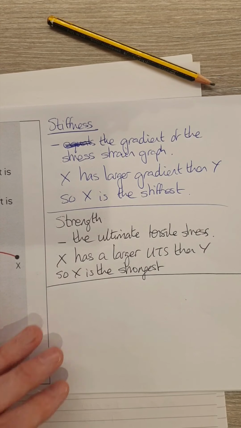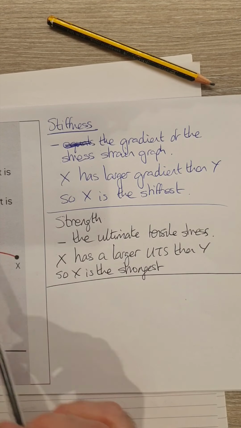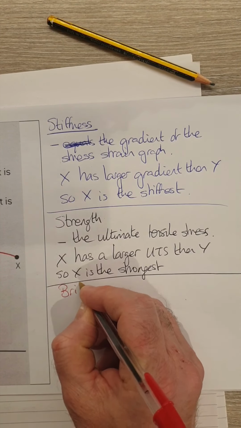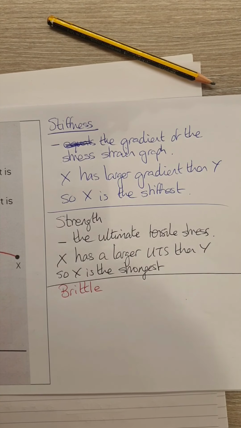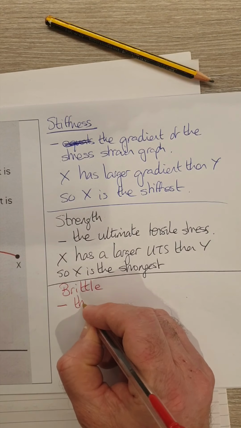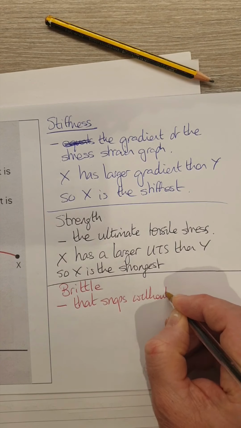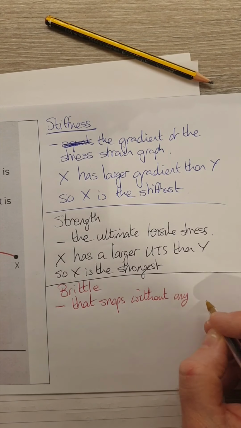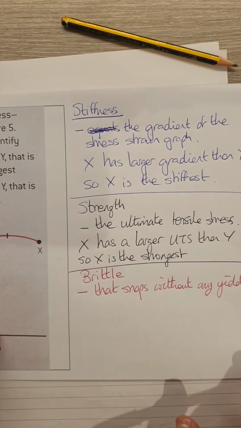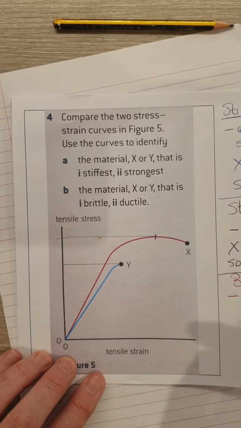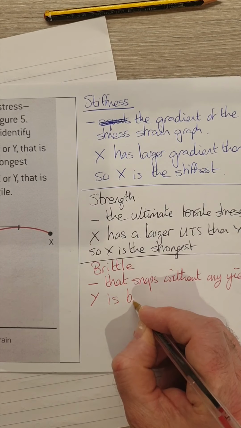Then the third property we're asked to look at is brittleness. So which of these materials is most brittle? And a brittle material is one that snaps without any yield or little yield. And here we can see from the graph that the material that's most brittle is Y. So Y is brittle,